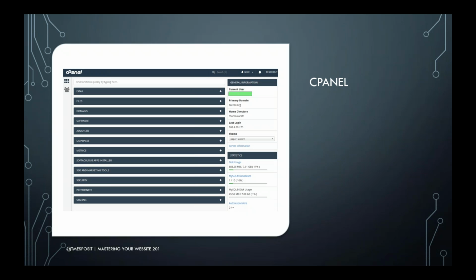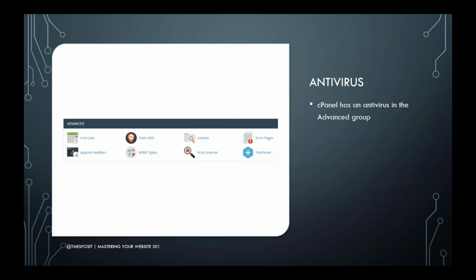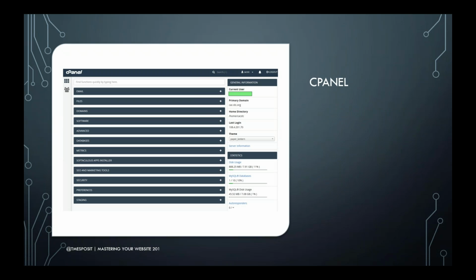And each of these dark bars with a plus sign, if you were to click on any of those plus signs, it would expand any number of options in here. There are literally maybe hundreds of things under each of those. And of course, I'm not going to go through them. And I believe the team that writes the documentation for cPanel have submitted to the STC competitions in the past and have been winners. So they have some really good documentation out there to support cPanel.